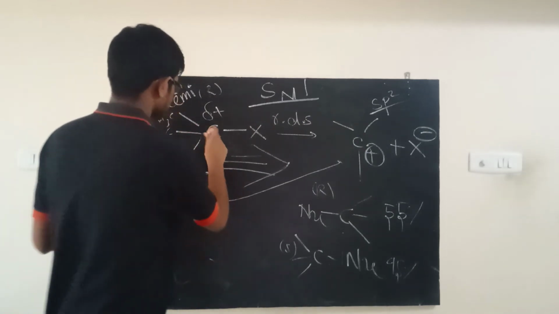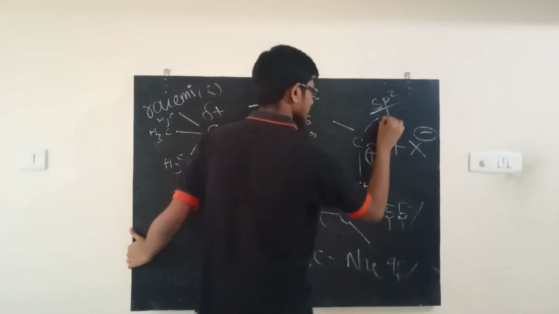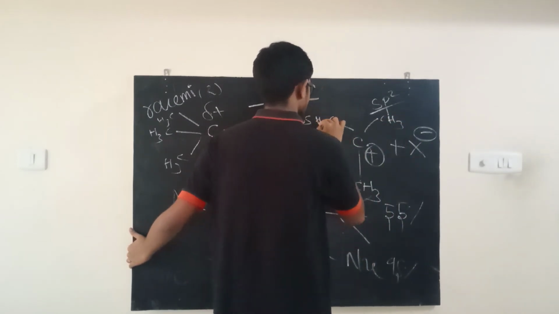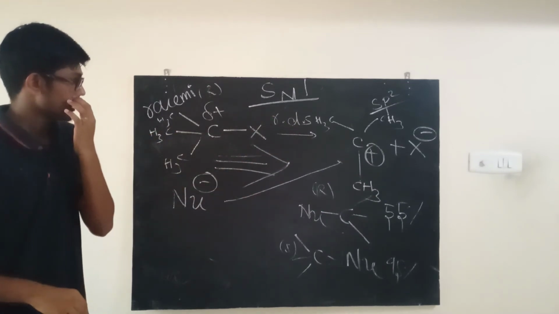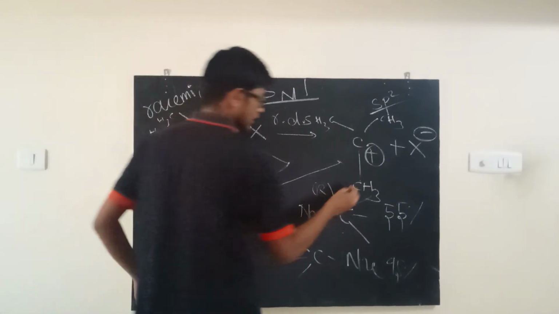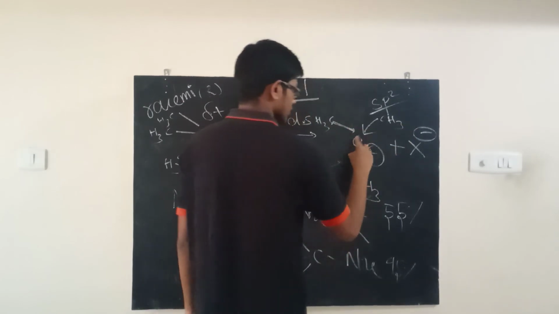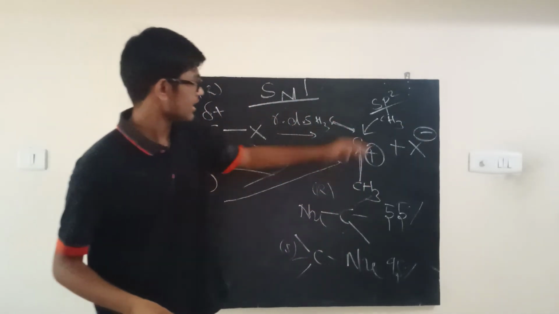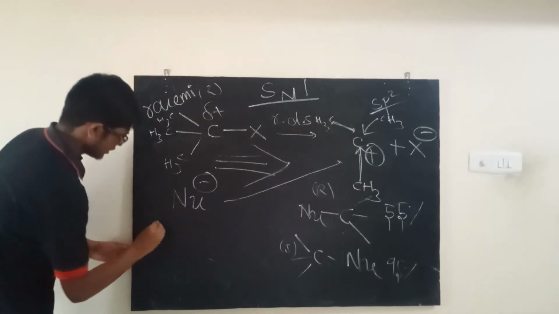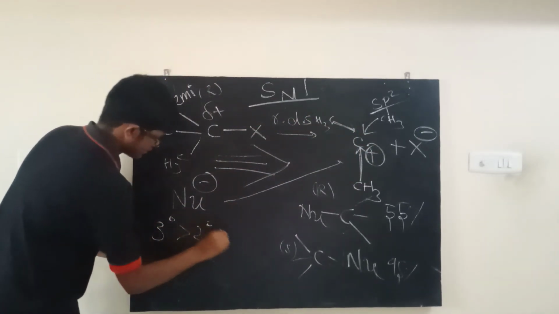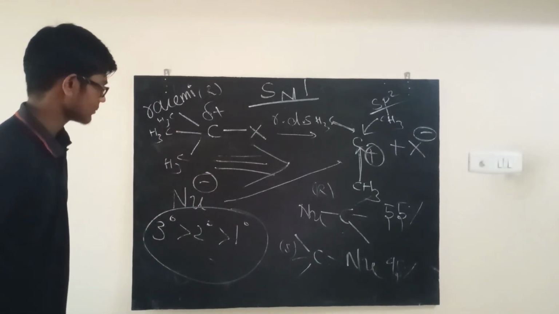But suppose the carbon lets go of these electrons, and there are 3 methyls here. This is a beautiful tertiary carbocation. It's a tertiary butyl carbocation, right? And that is highly stabilized because, as you know, methyl has a plus I effect, right? So it's going to pump electrons this way. So the carbon which has no electrons is now getting electrons pumped into it. That's good. So you can see that this is the order of reactivity for the SN1 mechanism.